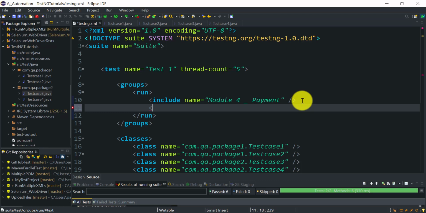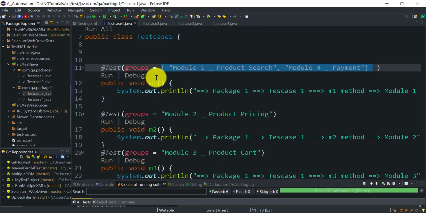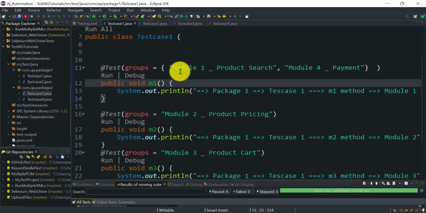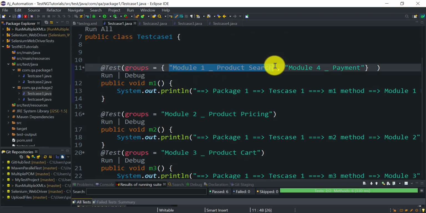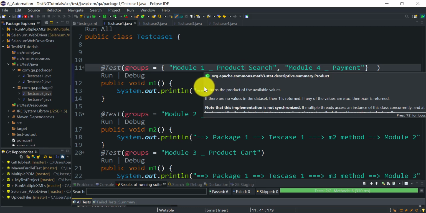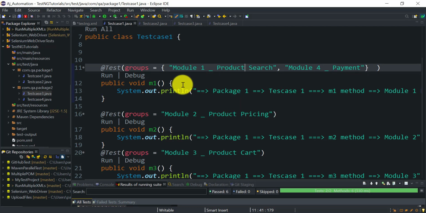Okay, so as we have already seen that TestNG test method can be a part of one or more TestNG groups. Okay, so it is not mandatory that this test method is applicable for only one TestNG group. Okay, it can be applicable for one or more. So currently we have made it applicable for two TestNG groups. So in your real-time project, it can be applicable for 5 or 10 TestNG groups as well.